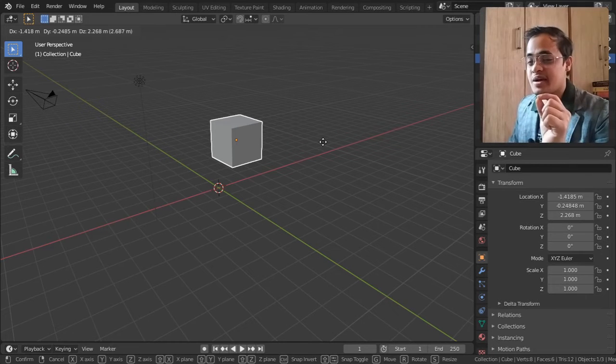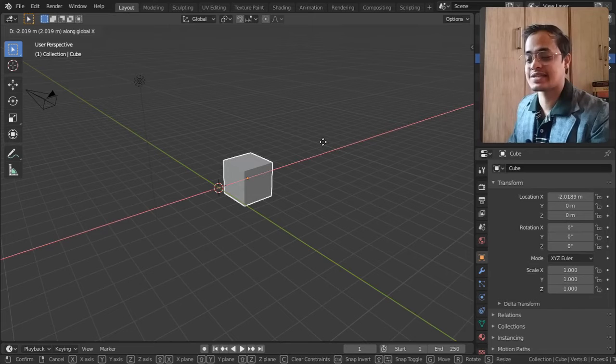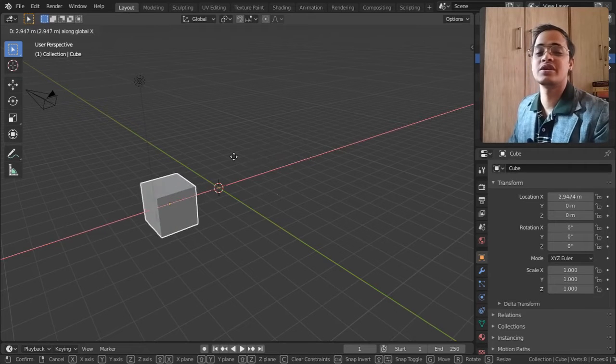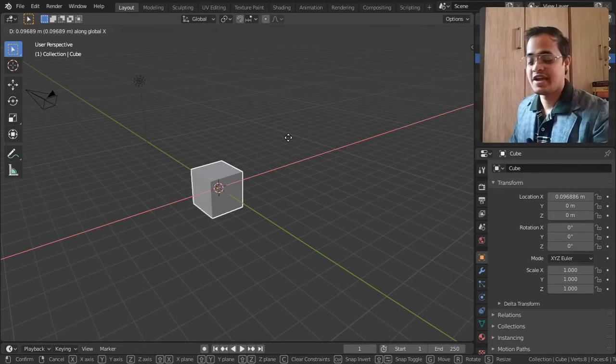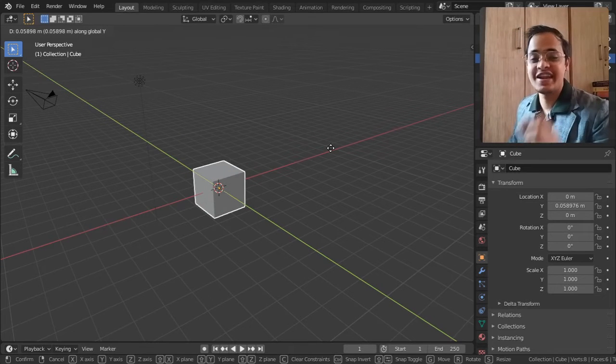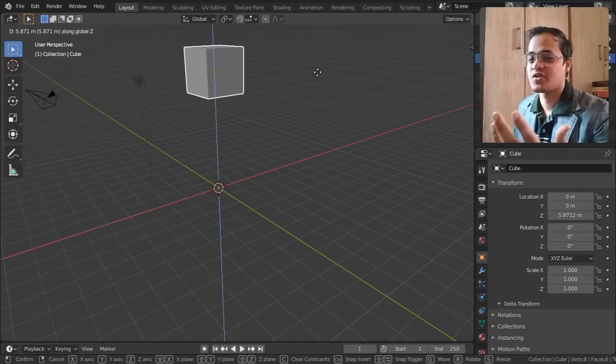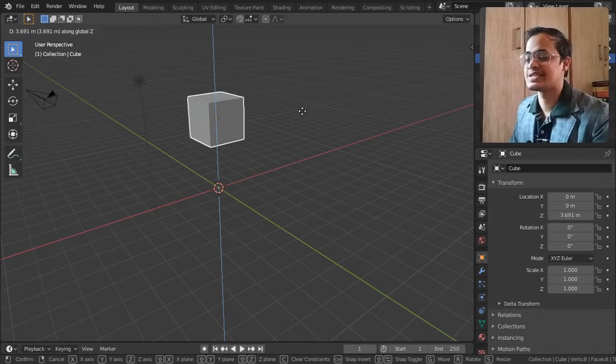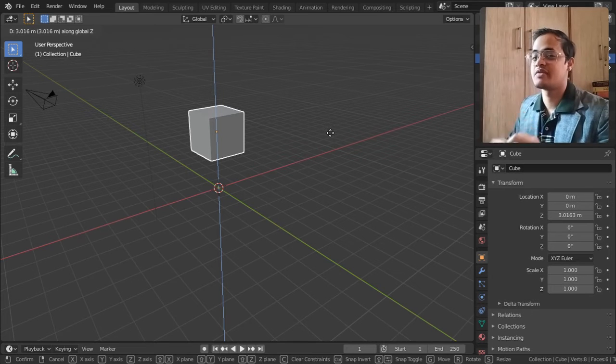Now the great thing about this is, if I tap X, it is going to move it on the X axis. If I tap Y, it is going to move it on the Y axis. And if I tap Z, exactly what you are thinking, we can move this object on the Z axis.